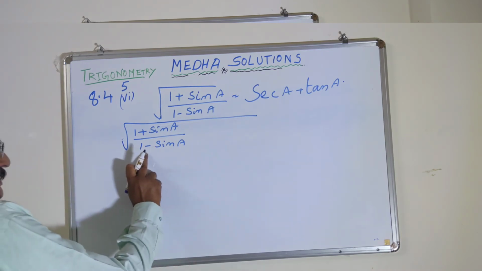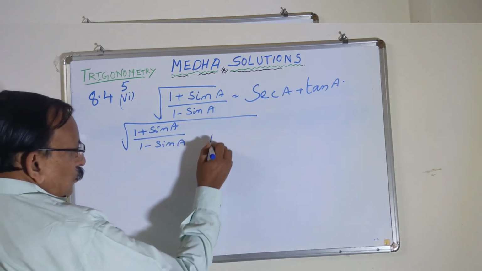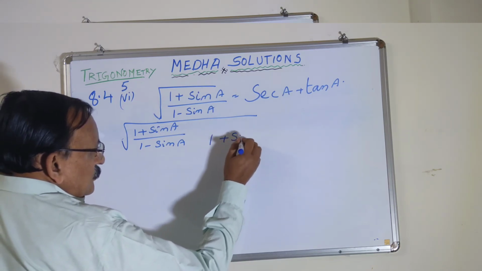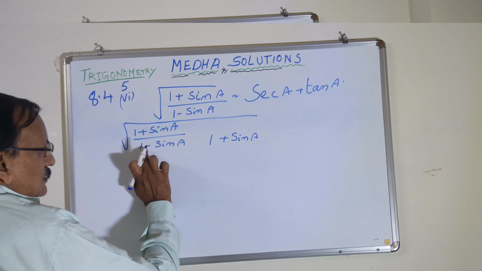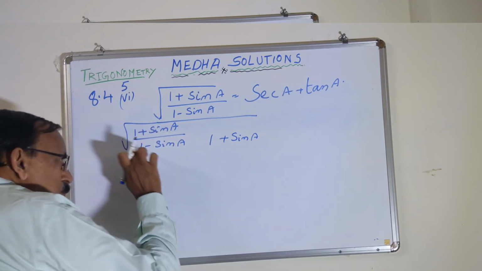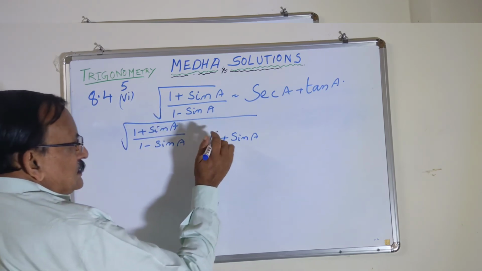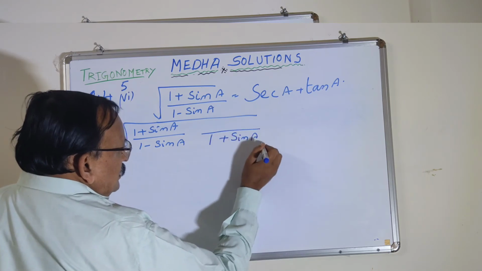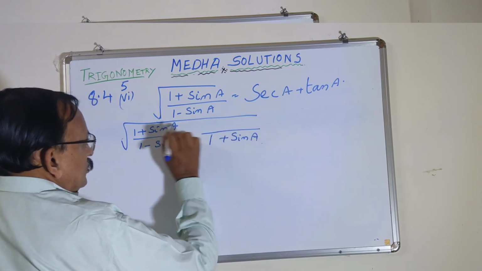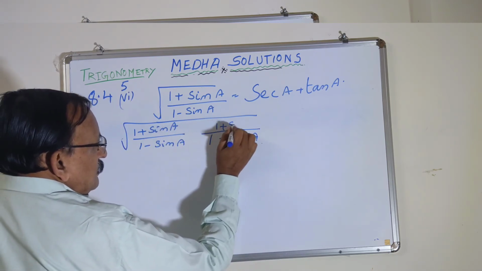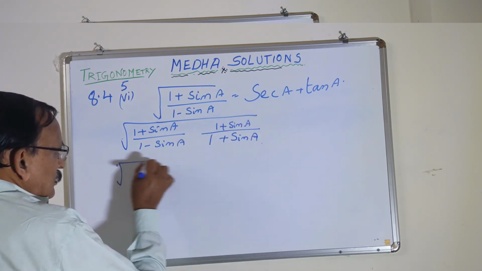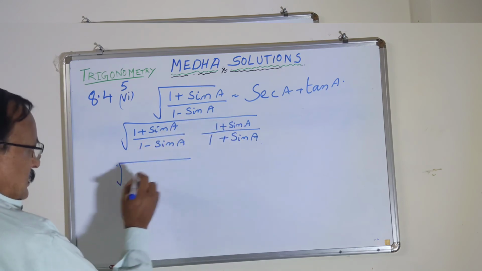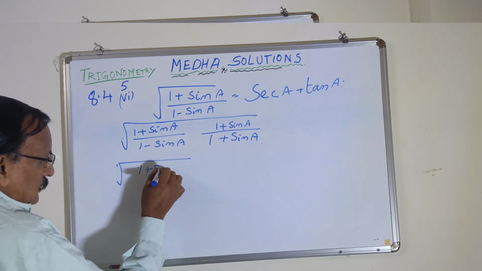See, what is the rationalizing factor of the denominator 1 minus sin A? It is 1 plus sin A, the same two terms with the symbol reversed. Minus becomes plus. Suppose plus is there, you write minus. And the same thing should be multiplied with the numerator also, 1 plus sin A. Now it is square root of 1 plus sin A into 1 plus sin A, that is 1 plus sin A whole square,